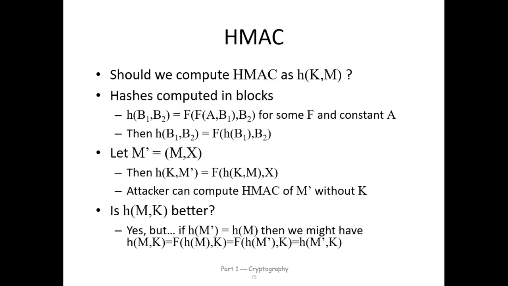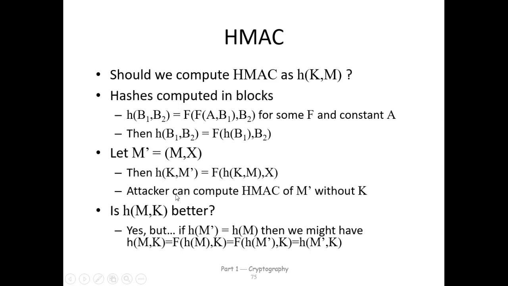But if h of m dash equals h of m, then we might have h of m comma k equal to h of f of h of m comma k, which is equal to f of h of m dash comma k, which is also equal to h of m dash comma k. So now what we can consider is comparing h of m comma k with h of k comma m. So we can say that h of m comma k is better because in h of k comma m,